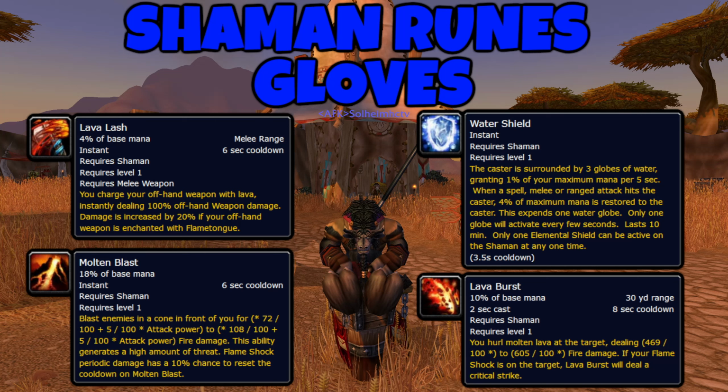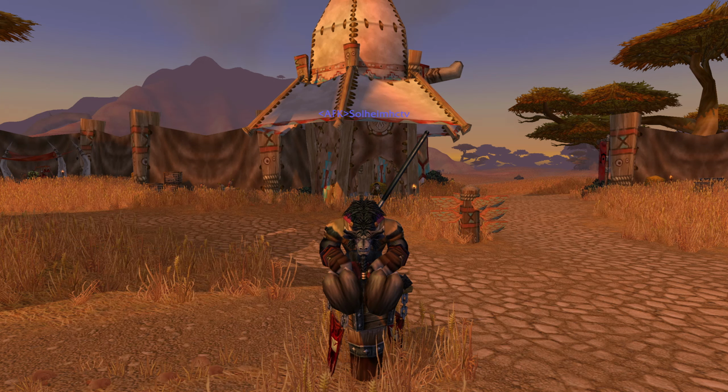Then you have Lava Burst. You hurl molten lava at the target, dealing X amount of fire damage, and if your Flame Shock is on the target, Lava Burst will always deal a critical strike. That is massive. So with all of those runes, I also combined some specs or suggested builds for every single spec,